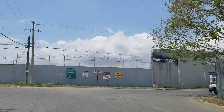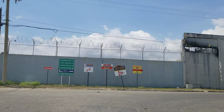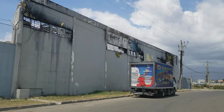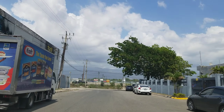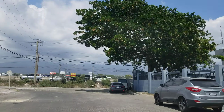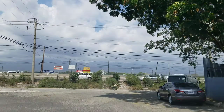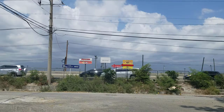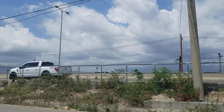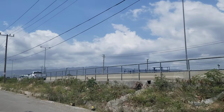Now, if it's an individual sending a package like a barrel, what happens is the container comes in and the container is then stripped. So the shipping company would then have a facility where the container is stripped at the Kingston Wharf, which is one of the locations. There are set locations where you would...